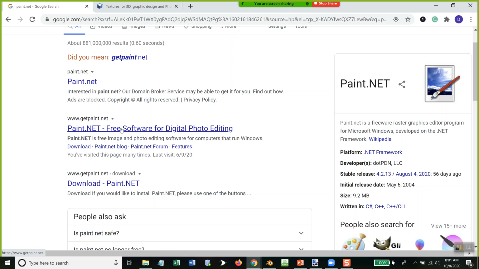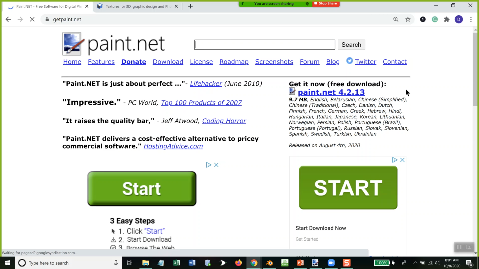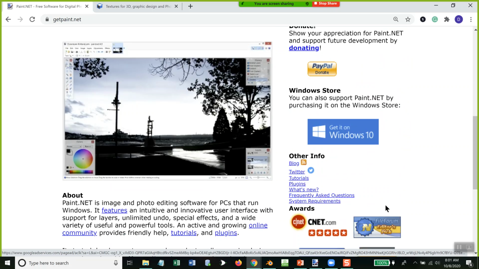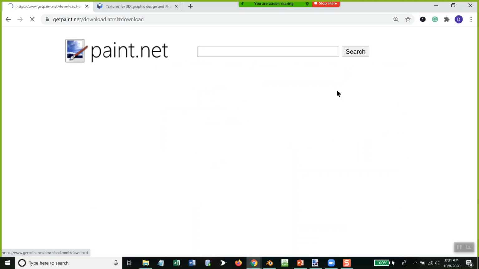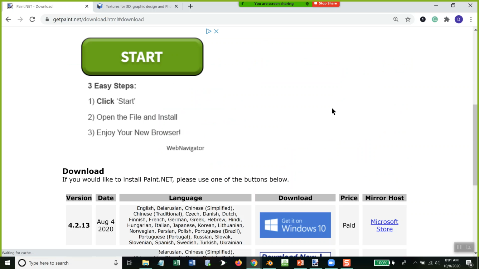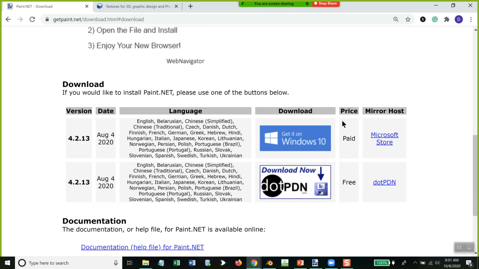Okay, I'm just going to go to getpaint.net. I got these little green buttons all over the place. I suppose that's how they make money and so forth. But if I remember right, you click this one, paint.net 4.2.3, and then from here,